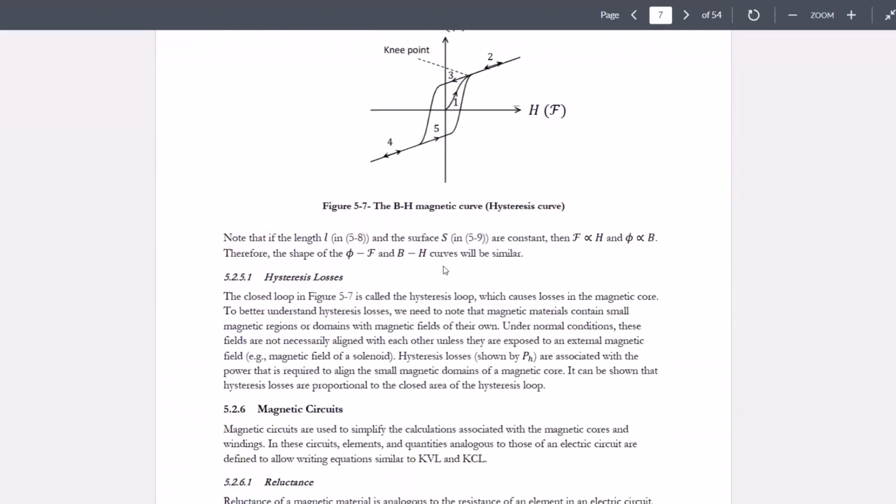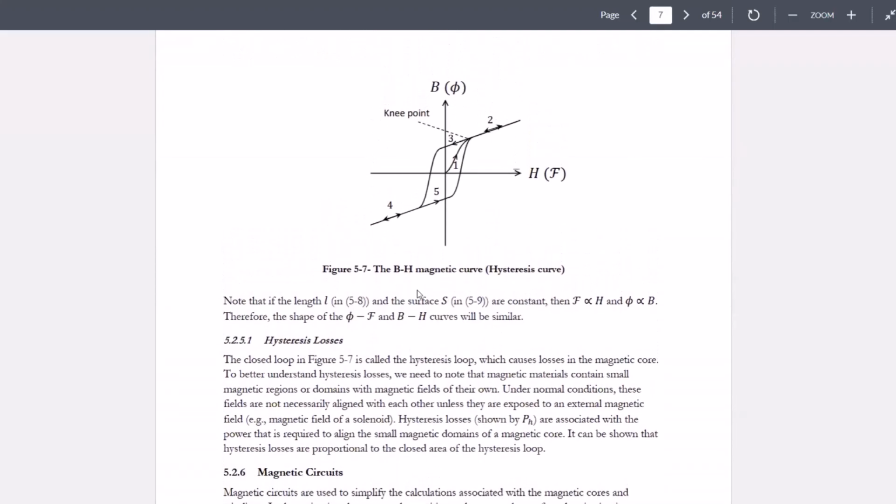And let's say that hysteresis phenomenon would incur some losses. So that closed loop that you saw is called the hysteresis loop, which will cause some losses in the magnetic core. So in order to better understand why these losses are happening, we need to note that the magnetic materials